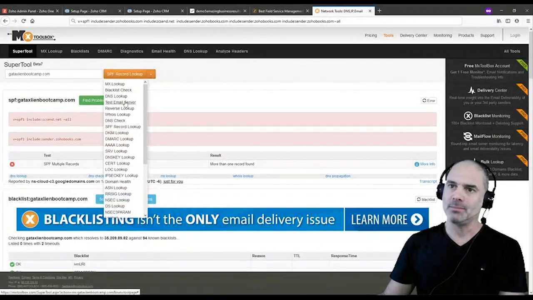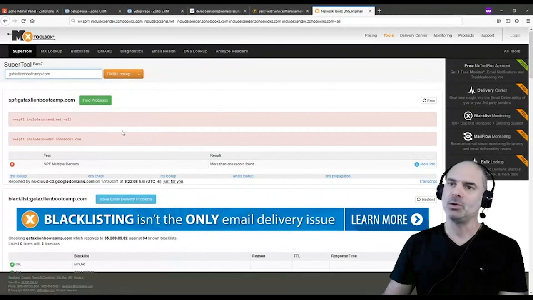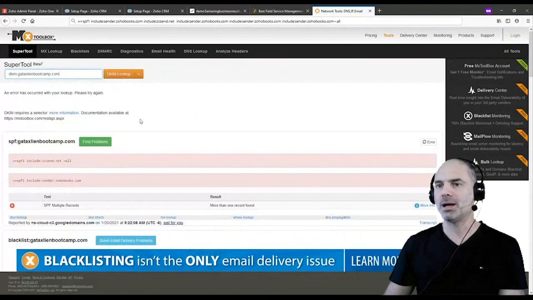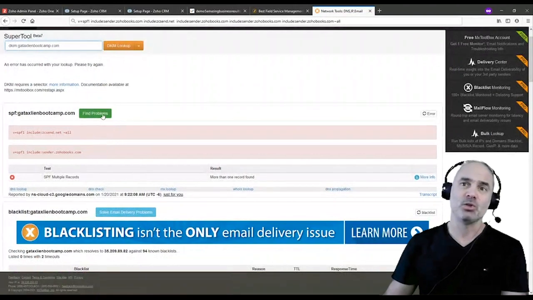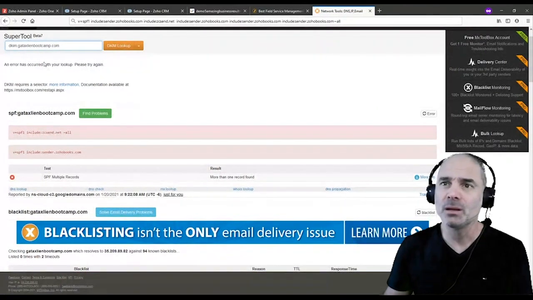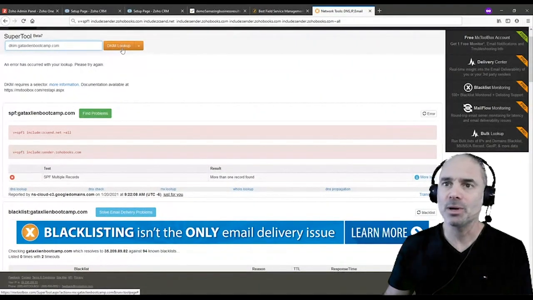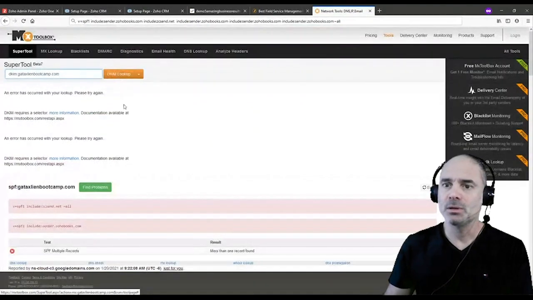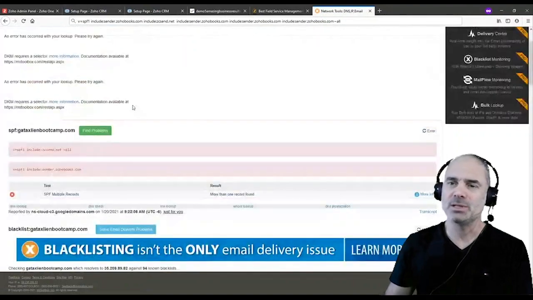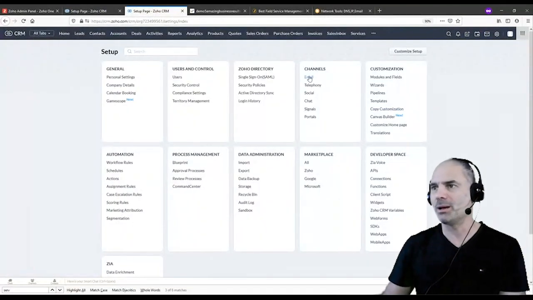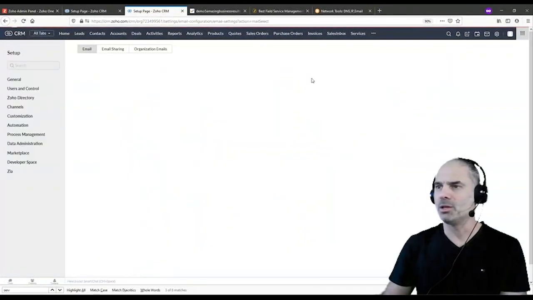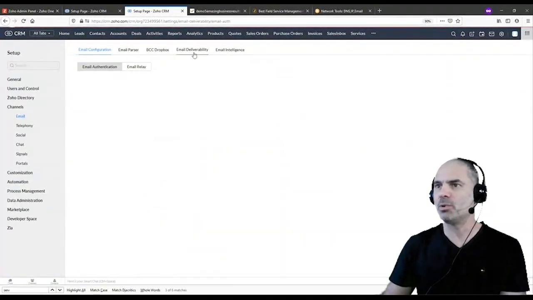Now, another one will be to go to the DKIM, and those will show us different TXT records. And from what I see, you don't have an error code. Please try again. DKIM requires a selector. Yeah, I cannot see the DKIM here, but when you configure Zoho CRM or Zoho Mail, you will always have a set of both.